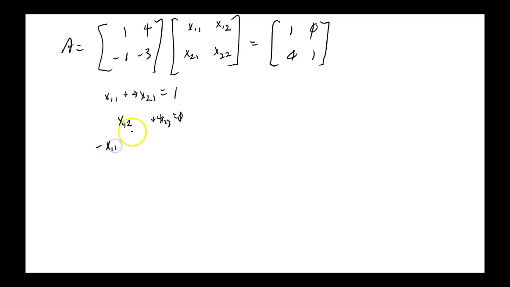Negative x11. Negative 3x21 equal 0. Okay? And finally,